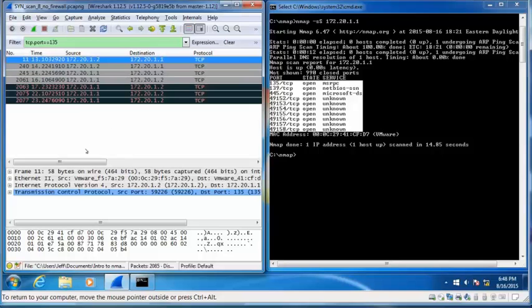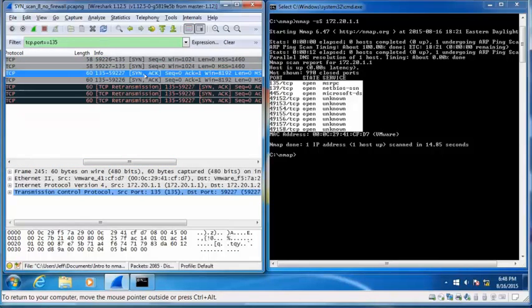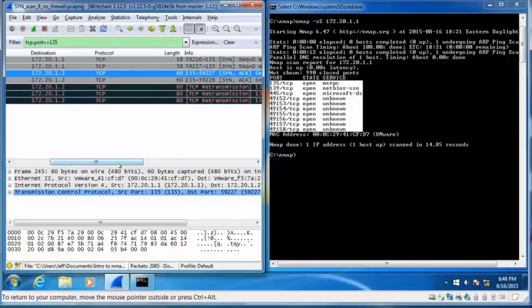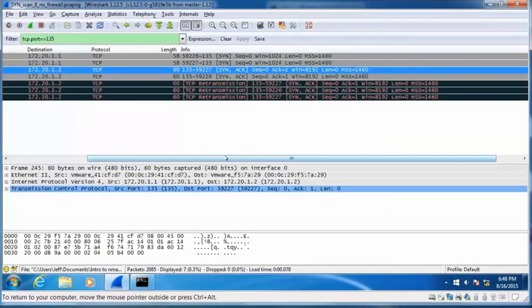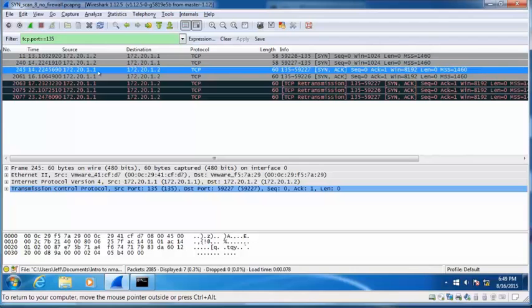Now there's nothing else being sent. We're not going to complete the three-way handshake. There's no ACK going back. There's just going to be the SYN and the SYN ACK. So you can see here that the source machine is 21.2 and the target machine is 172.20.1.1. So the 21.1 machine will receive it and send back the SYN ACK, and then the sending machine will not